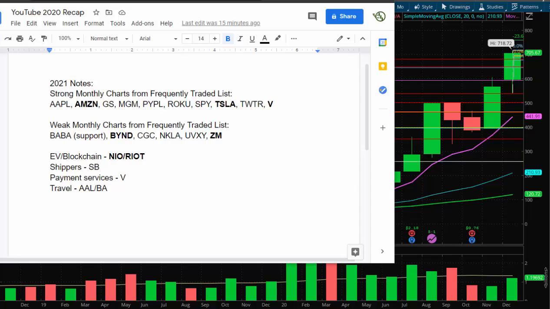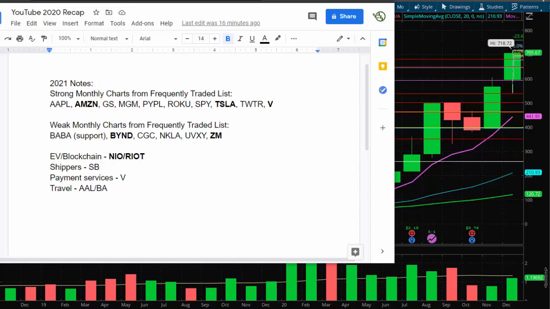So in order to actually turn this into something that I could have as a trade idea, I narrowed it down to the strongest and most significant monthly charts. And those are the ones that are bolded, okay? So Amazon, Tesla, and Visa really stuck out to me. And then for weak monthly charts, because I'm not just looking at one side, right? I've got to be able to make a lot of money if the markets drop too. So the weak monthly charts, Beyond Meat and Zoom really stuck out. They were horrific. Okay. NKLA was another one, but these were the two that really stuck out. Okay. And then down here, we'll go over this later, but these are different groups that I think will be fun to trade over the next year.